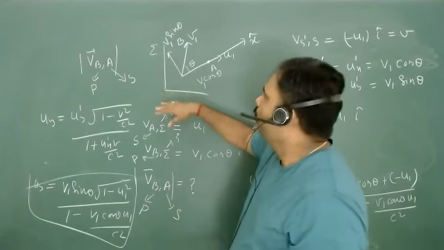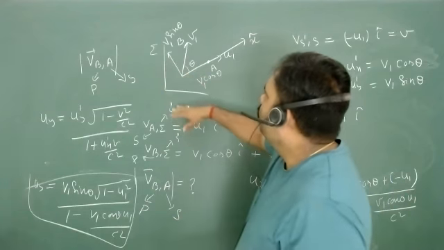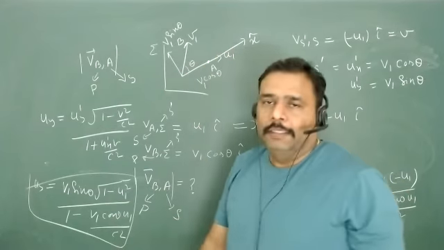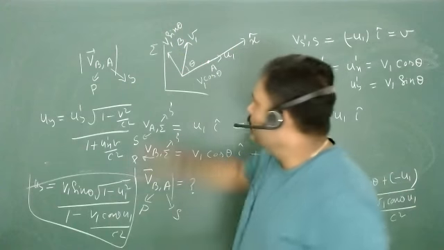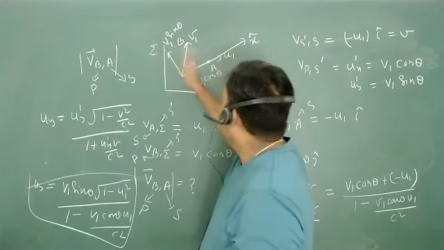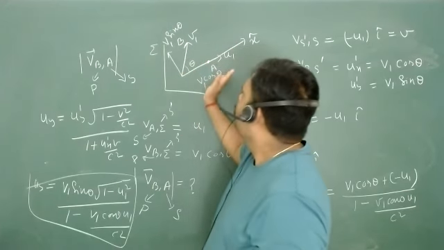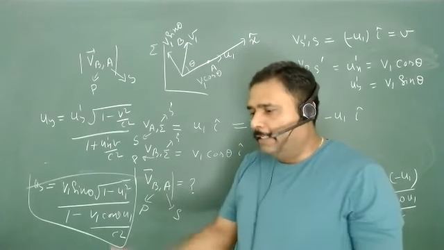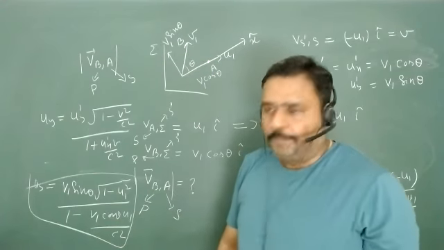In the homework problem, you can just find the velocity of A with respect to B. Then what will you do? You will just choose this as your x-axis, and you can resolve the velocity of A along x and perpendicular to that, and you can easily solve this thing. Isn't it?